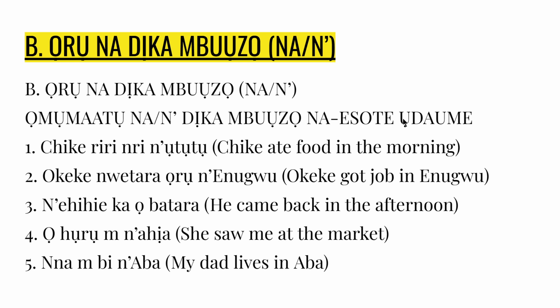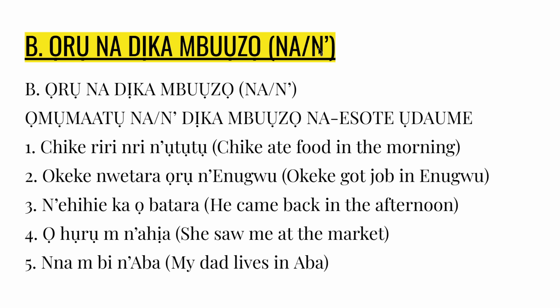So when you are making a sentence and that sentence is talking about a preposition, telling you location, time, place, and now immediately you say na. The word following that na starts with a vowel. You will remove the a, that is, you remove this a and then replace it with an apostrophe. So that is where this one comes in.